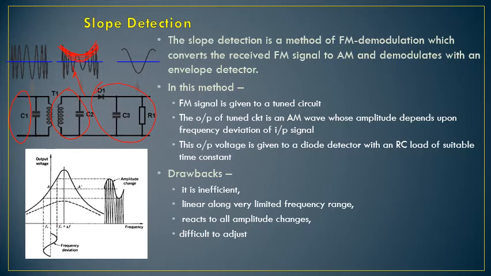So as you can see, a signal is produced here whose amplitude is changing. The input signal which is coming here will have a constant amplitude, but after this particular tuned circuit, the signal which has been produced has an amplitude varying with respect to the incoming frequency. Where you have maximum frequency, it will give maximum voltage. Here you have minimum frequency, it will give you minimum voltage. Now at the output of this tuned circuit, we will get what? Amplitude modulated signal.